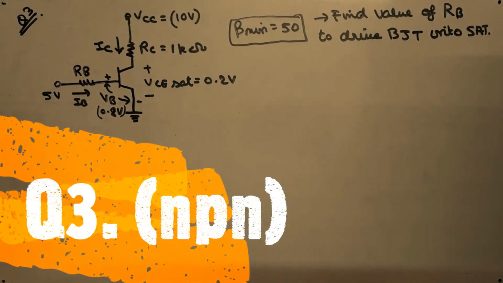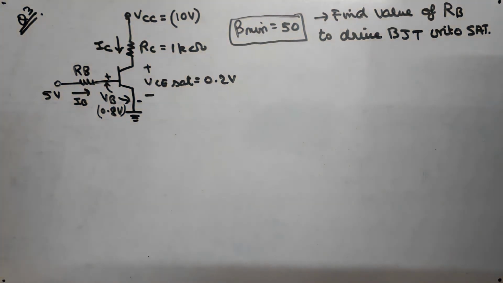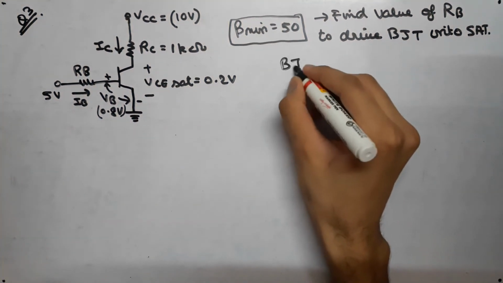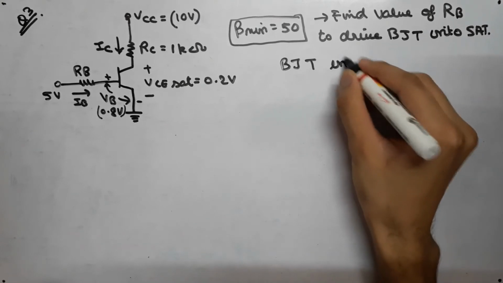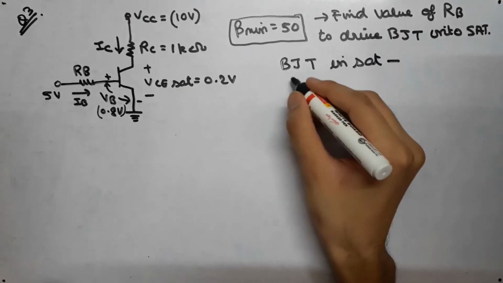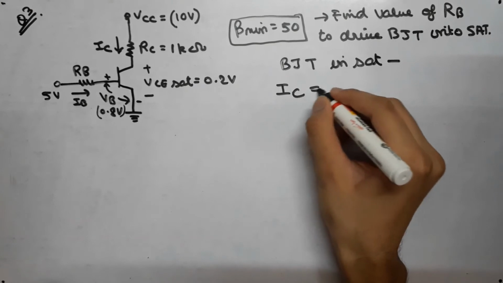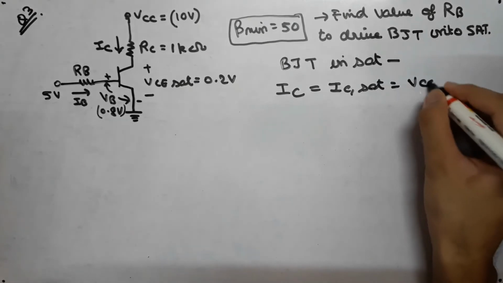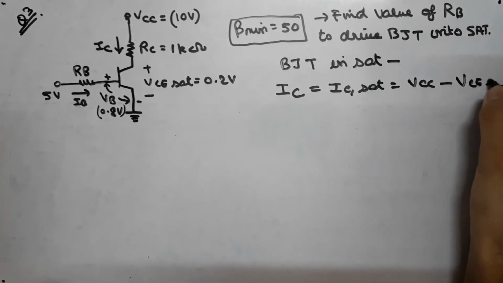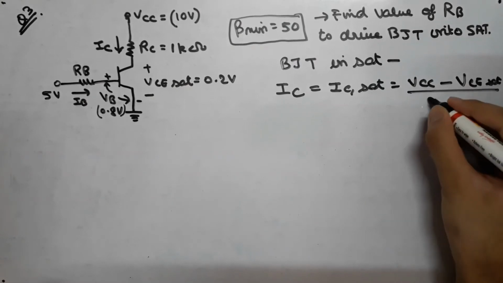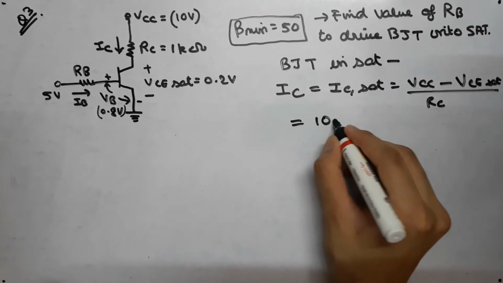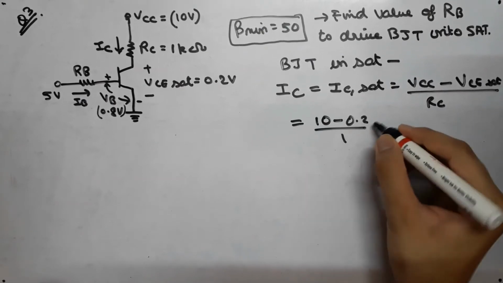In question number 3, we have to find the value of RB so as to drive the BJT into the saturation region. For that, we are going to assume the BJT to be in saturation. That is, we will apply the formula for saturation for IC, that is IC saturation is equal to VCC minus VCE saturation upon RC. Now we will simply put the values, that is 10 minus 0.2 upon 1